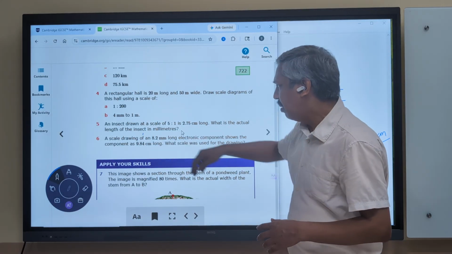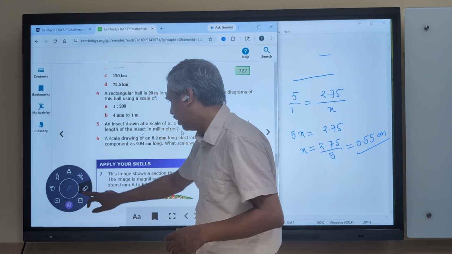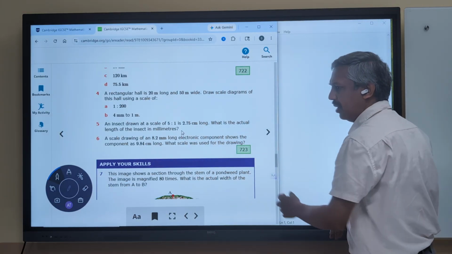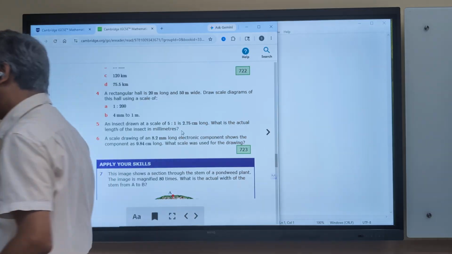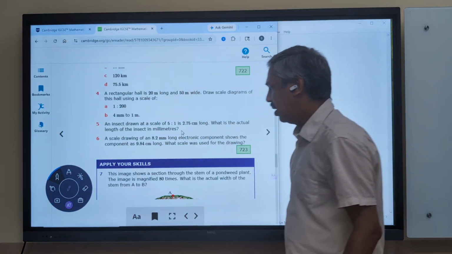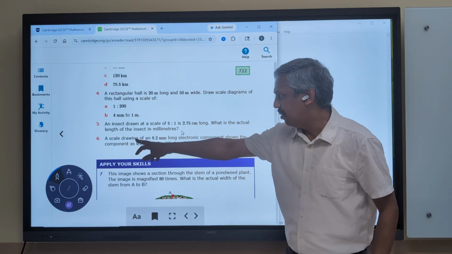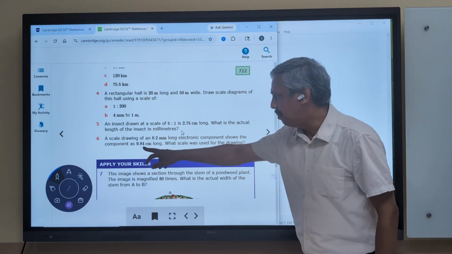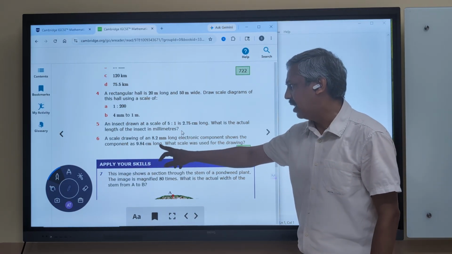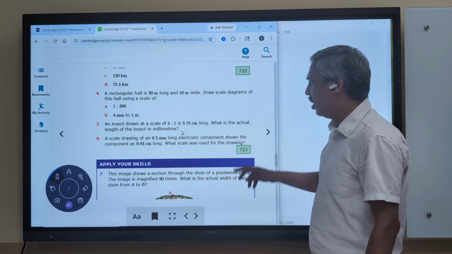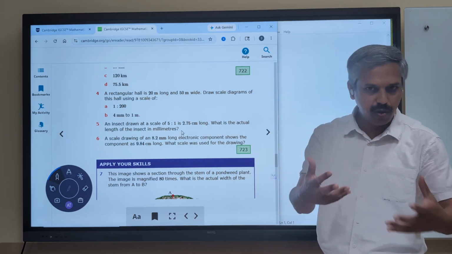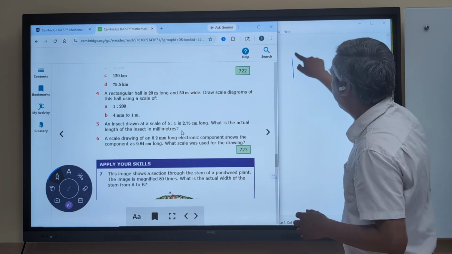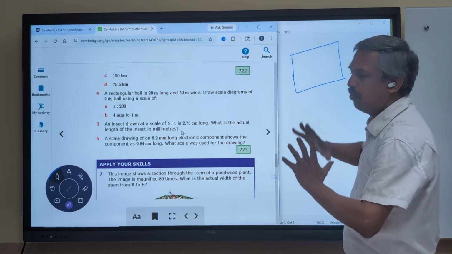A scale drawing of an 8.2 mm long electronic component shows the component 9.84 centimeter long. What was the scale used for drawing? What is the scale drawing? I will show you. Similarly, we are drawing a particular schematic diagram of what the circuit